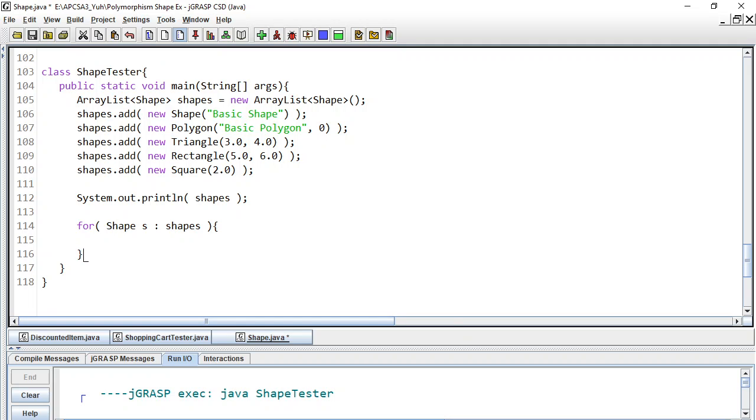If you don't remember how enhanced for loops work, it's going to take this element, stuff it into s. Then it's going to take this element, stuff it into s. Take the next element, stuff it into s, one after another after another. So I can print out